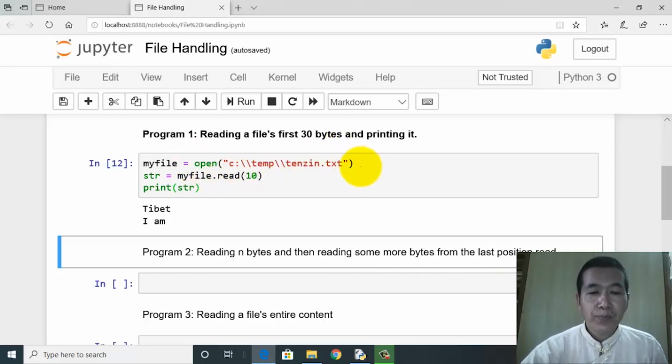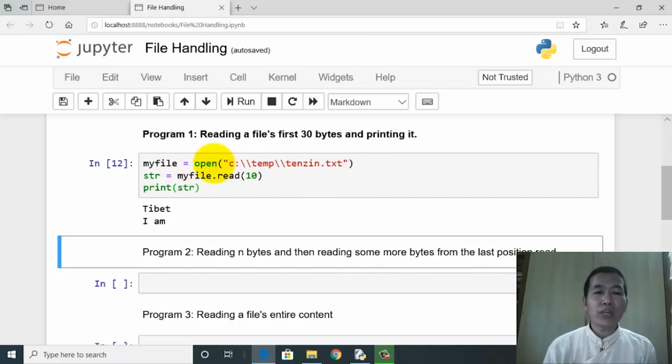Once this particular statement is executed, what happens is there will be a value which is being returned from the function. Okay, the first step is I call the function called open.